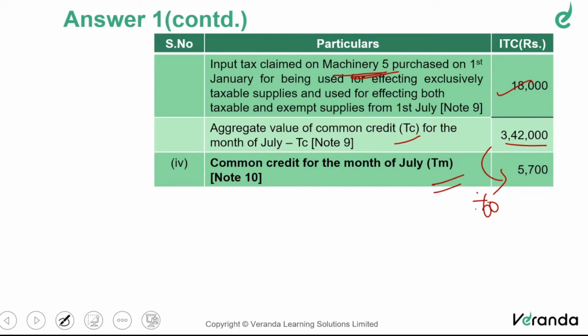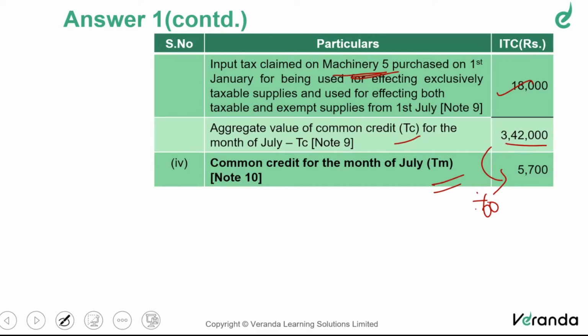Any doubts? That's it. I'm not going through the notes. Notes I've already given in detail, we have discussed. Very simple. Machinery by machinery you analyze. Any doubts? No. That's it from my question side. Number one is over. We have calculated the ITC to be availed. Second, TIE, just specifically with regard to machinery number 4, since it has been earlier used for taxable, now used for common. TIE calculated. TC, TM calculated. All 4 are calculated. That's it.